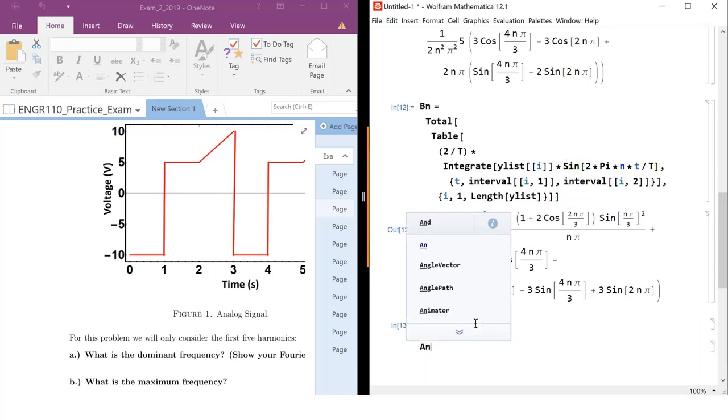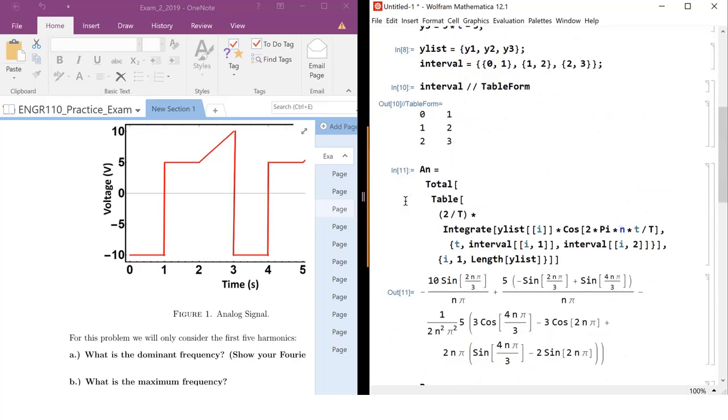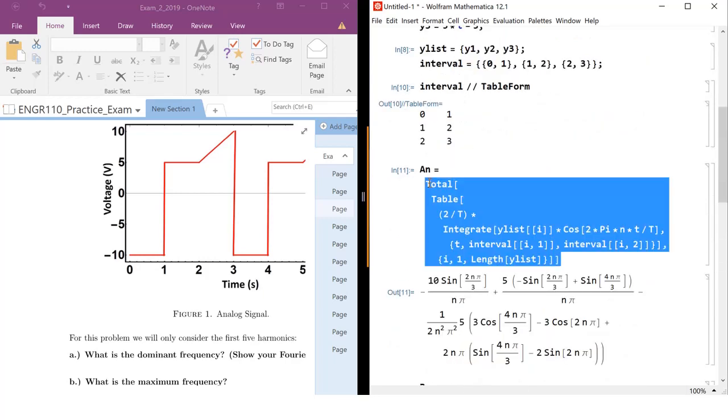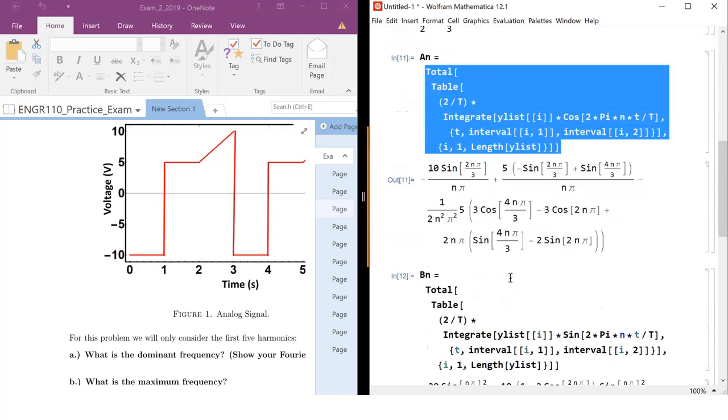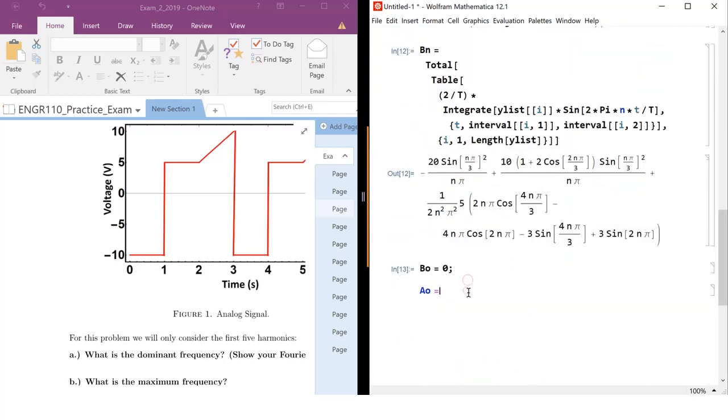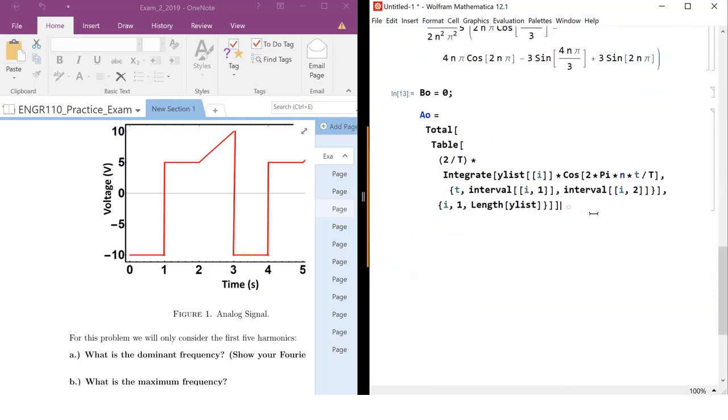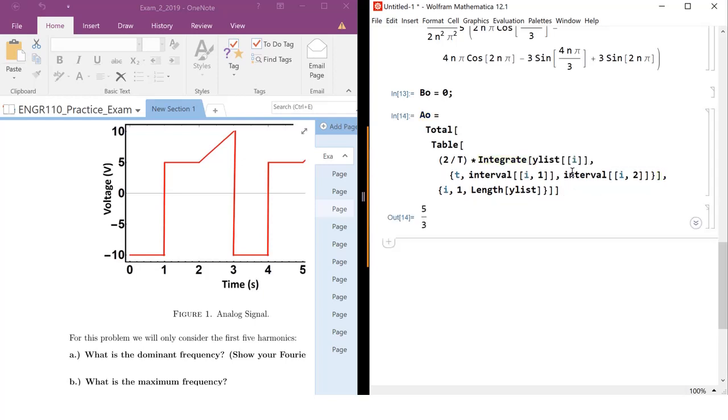What about A sub 0? If I plug in for 0 here, cosine of 0 is 0. I know you guys know this. I know in stats you go over the basics of your trig functions, so you're all experts on that. So all you do is plug it in for 0. That's A sub 0. So now I can kind of start to plot my